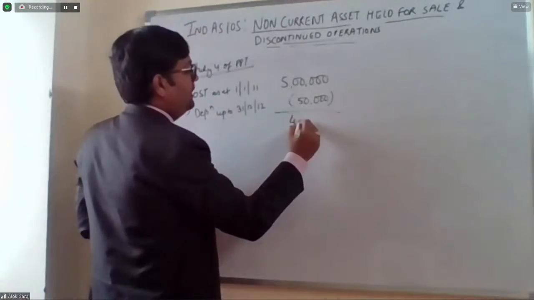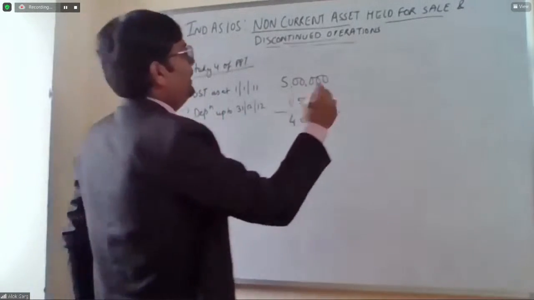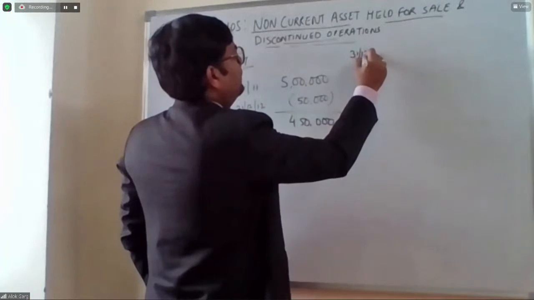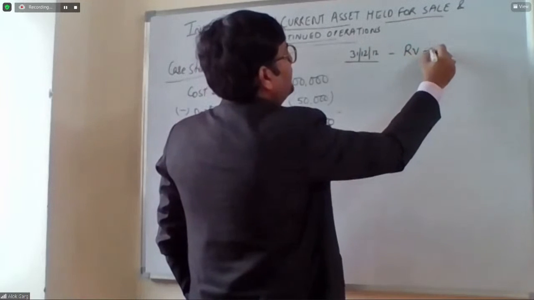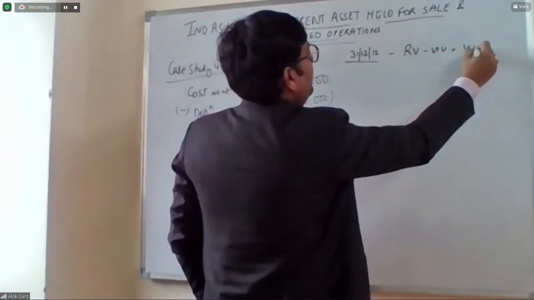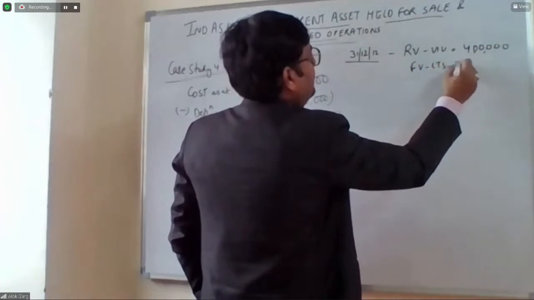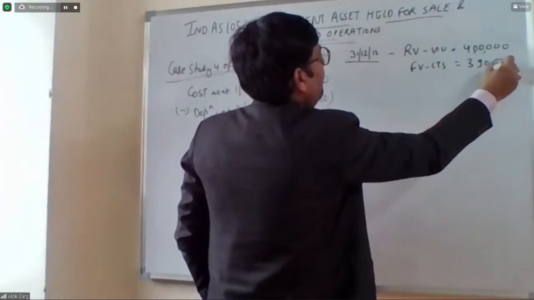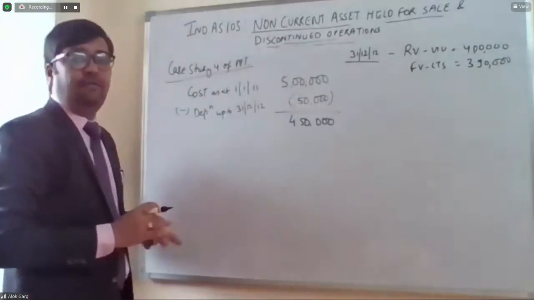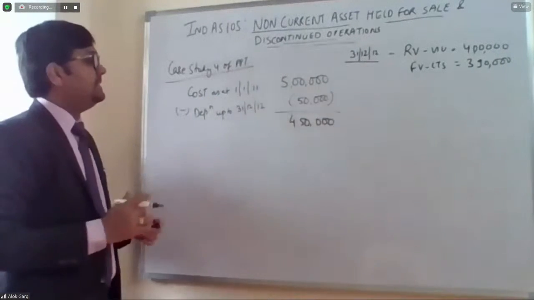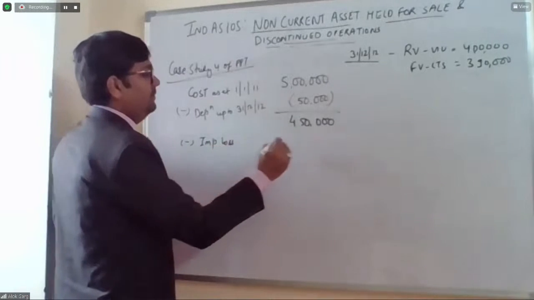So it is 4,50,000. Now, on 31st December 12, some information is given. Recoverable value on the basis of value in use is given as 4 lakh. And fair value less cost to sell is given, which is 3,90,000. So in this case, recoverable value will be 4 lakh because it is the higher of VIU and FV less CTS. So less impairment loss. Impairment loss 50,000